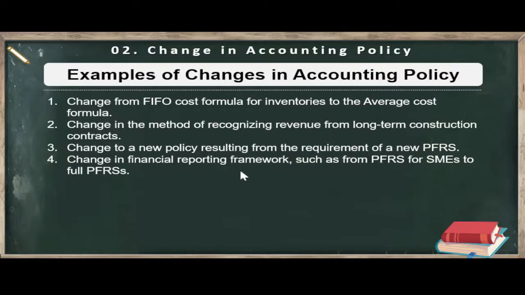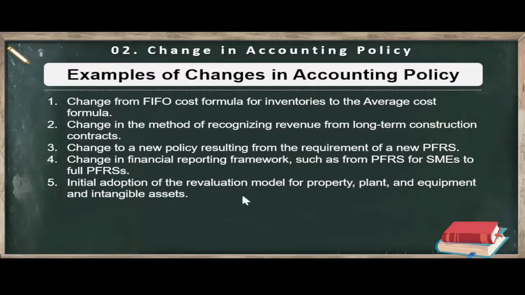A change in financial reporting framework, such as from PFRS for SMEs to full PFRS. PFRS for SMEs are the PFRS that are applied to small and medium enterprises. Then the initial adoption of the revaluation model for property, plant, and equipment and intangible assets, because there are two ways on how you're going to measure your PPE. Subsequent measurement may use the cost model, or you can also use the revaluation model. So if you're no longer using the cost model and you change to the revaluation model, that's a